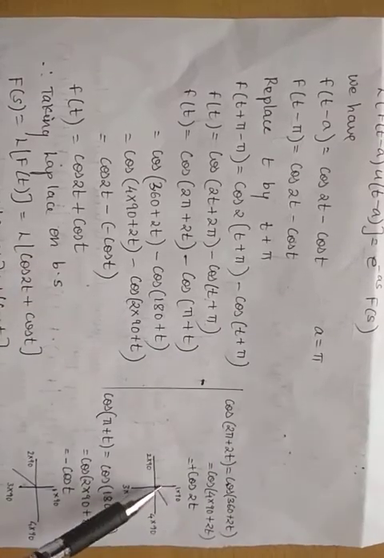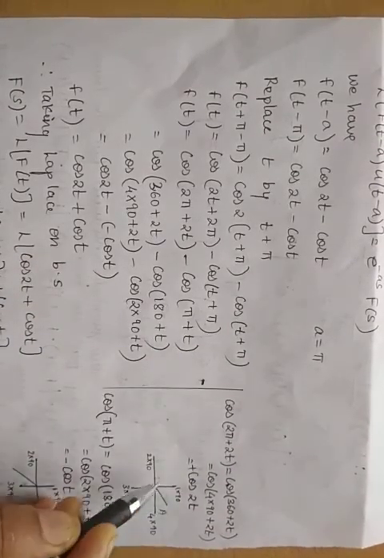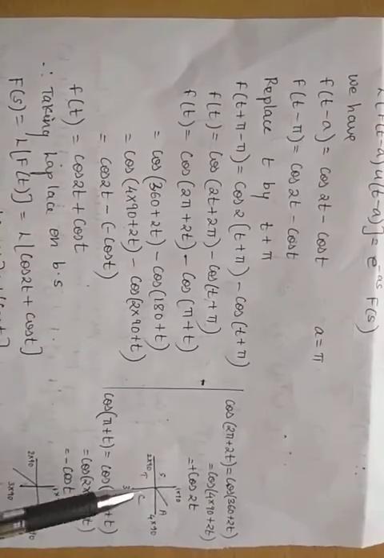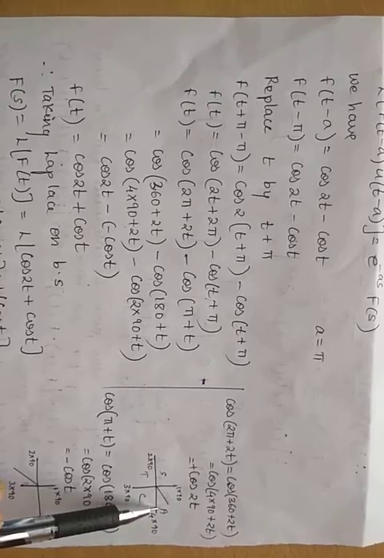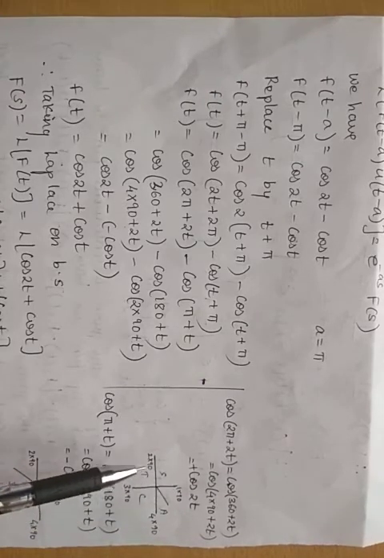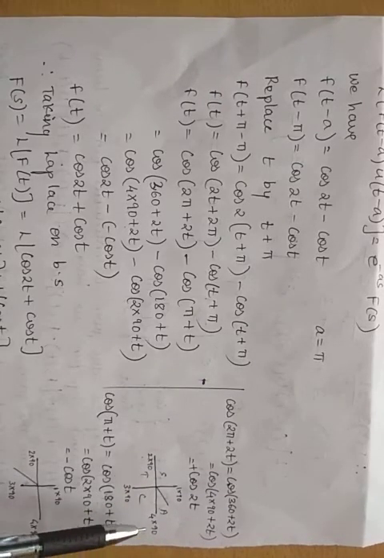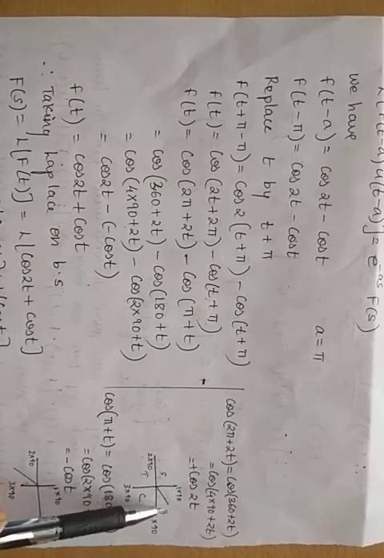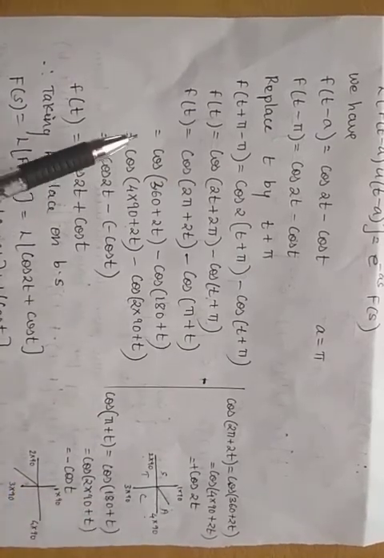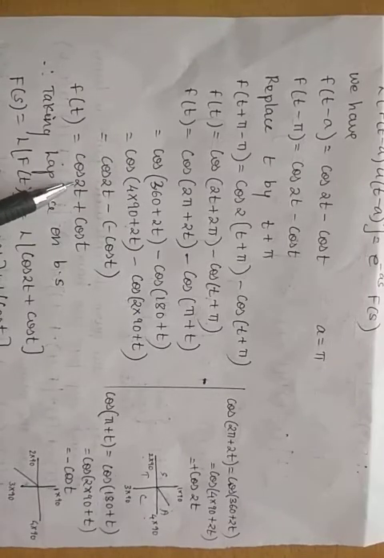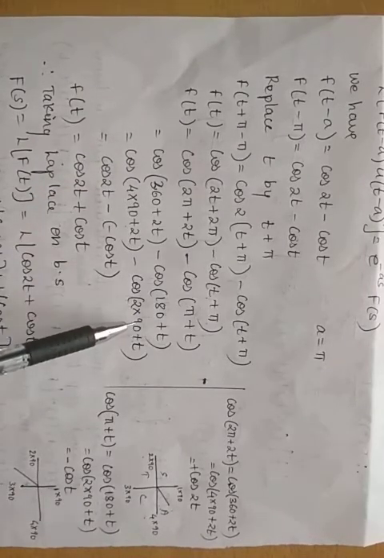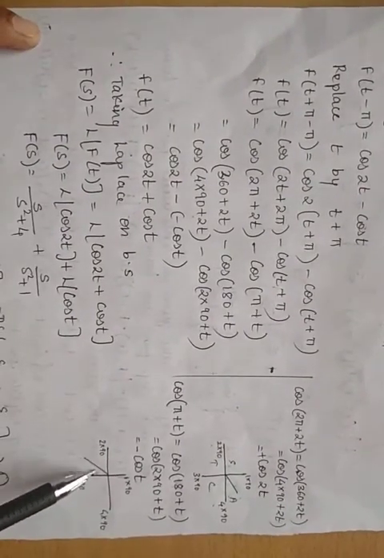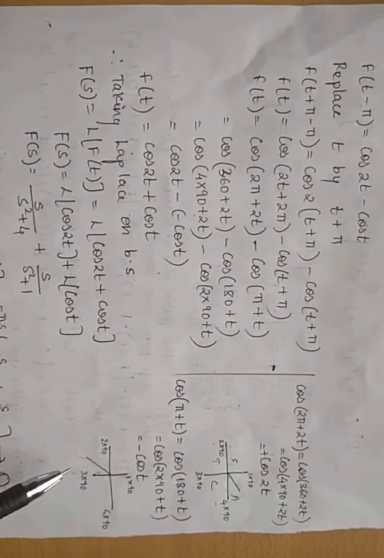Now, as per the ASTC rule, if you observe, this 4 into 90 plus 2t, where does it lie? So this is 1 into 90, 2 into 90, 3 into 90, 4 into 90. Plus theta means it lies in the first quadrant, in which all the ratios are positive. So cos will be plus, so cos 2t. 2 into 90 plus t lies in the third quadrant, in which cos is negative.